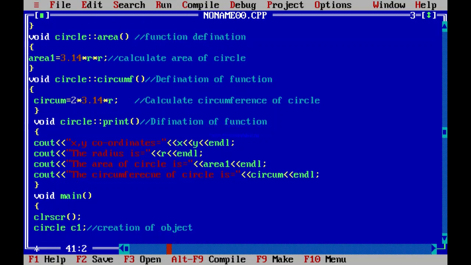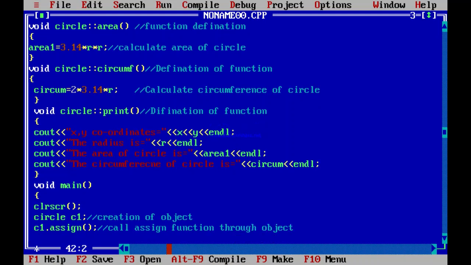C1 is the object. Now through the object we are going to call all the functions. The first function we write is assign, semicolon. So we call the assign function through the object.